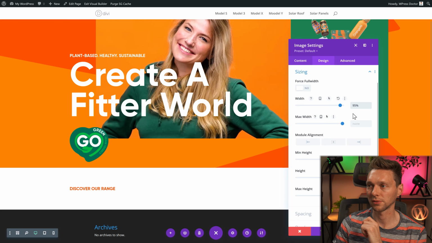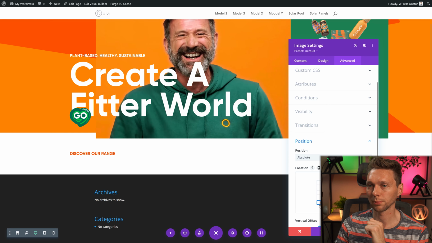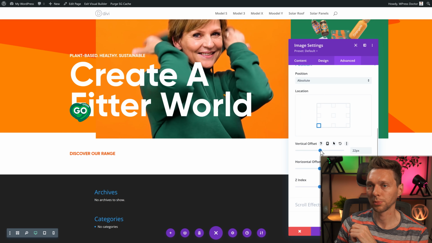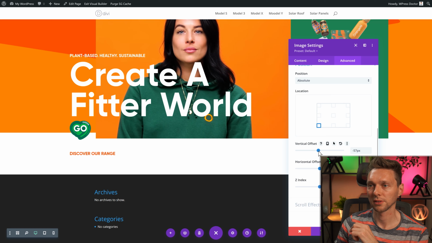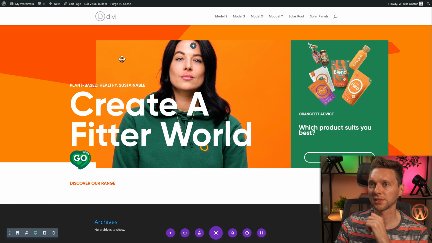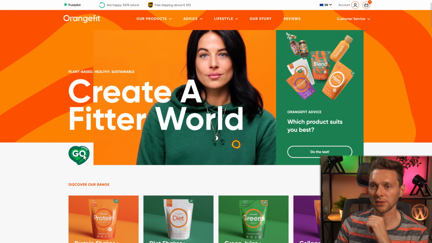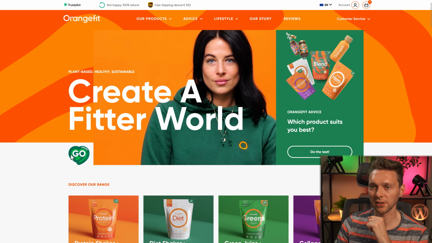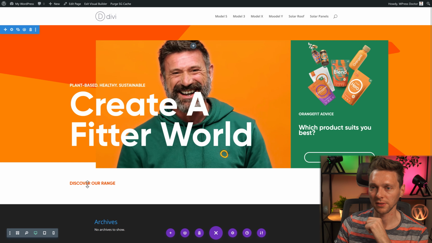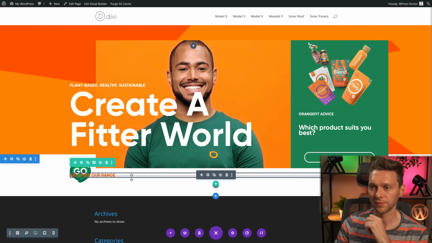And then we're going to advanced. And now what it actually does is make this section bigger entirely. And I don't want that, so we go to position. We're going to make it absolute. We're going to place it over there. And then we're just going to help it a little bit to go to the right spot over there. I'm still not happy with the size of this thing because when you look at this logo, it's actually on the right and this one is on the right. So we're going to move this image to the next section over there, so it's in the white.